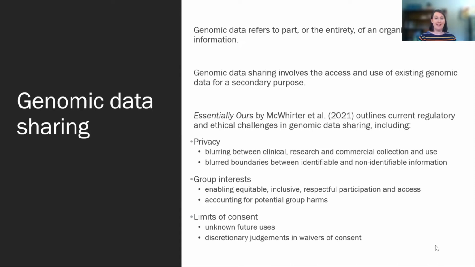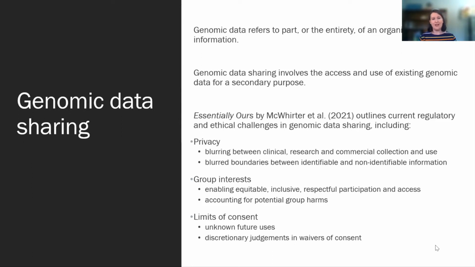So genomic data can identify individuals potentially, but it can also potentially identify familial relationships, and also can be identifiable of certain cultural groups. There are also, of course, various cultural norms and values and beliefs that need to be taken into account when we're talking about genomic data as well, in particular for First Nation peoples, as Professor Tam